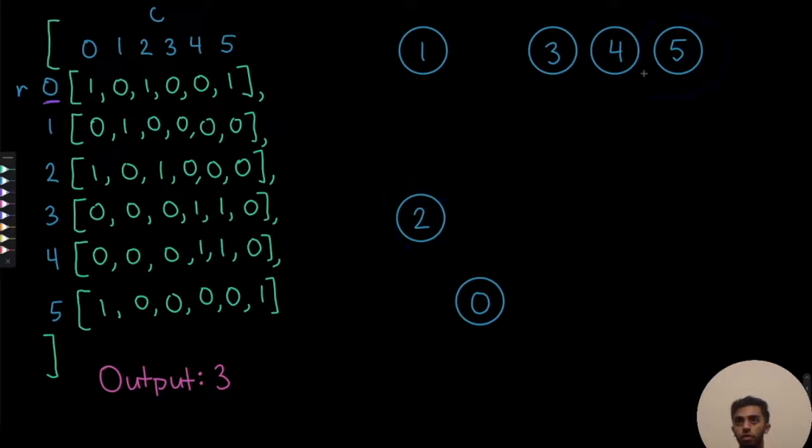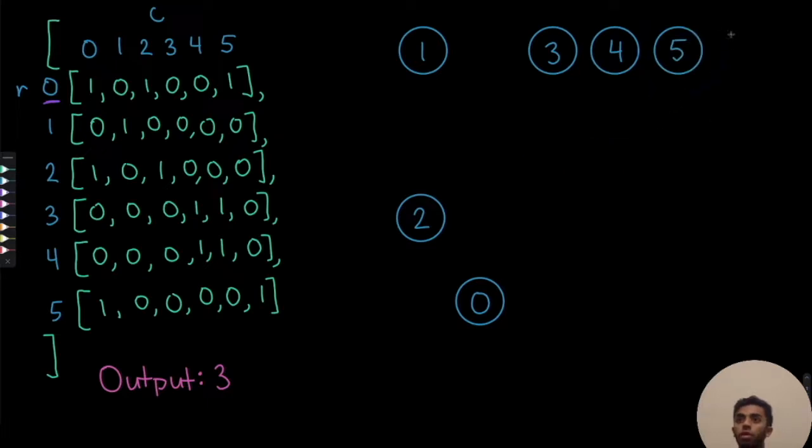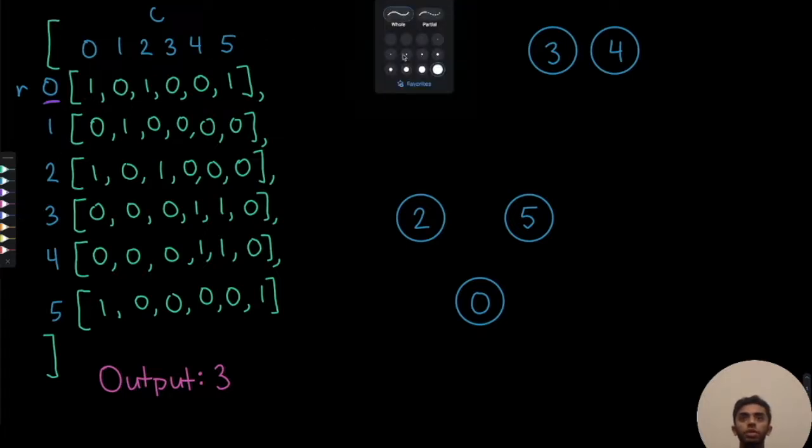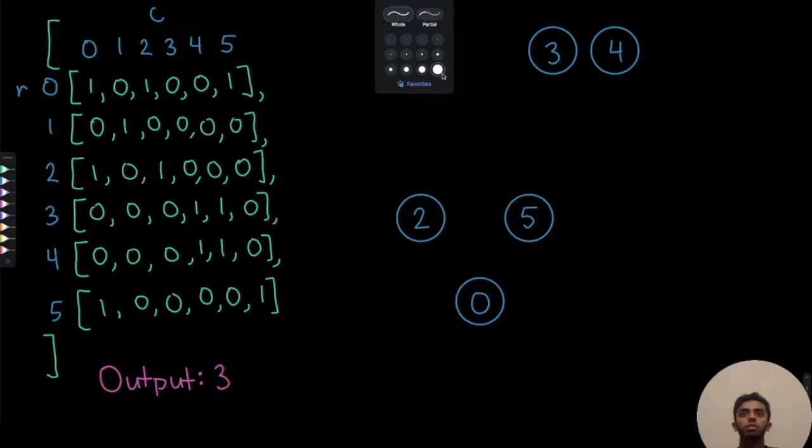We'll put 5 here. Oops. We do not want to grab the 4. So 0, 2, and 5, like this. And we know that the connections go which way? Oh, you know what? That's okay. Actually, hold on. I did not erase the purple underline right here, and I want to make sure to get rid of that. Okay, so yes,